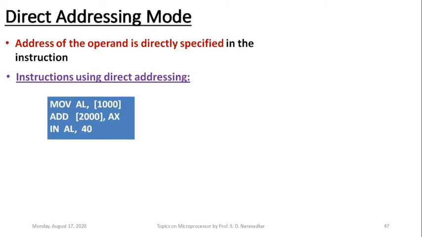Okay, it is not necessary that in case of direct addressing, the direct offset address should be defined within the source location itself. It can sometimes even be the destination position, as specified in the second instruction.